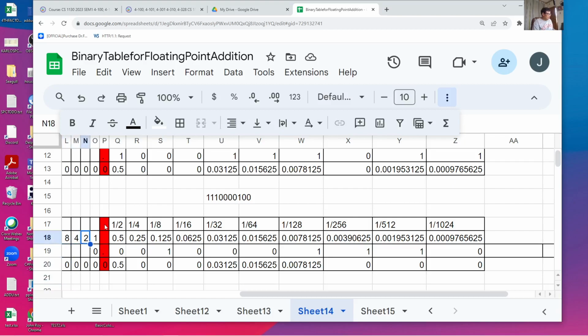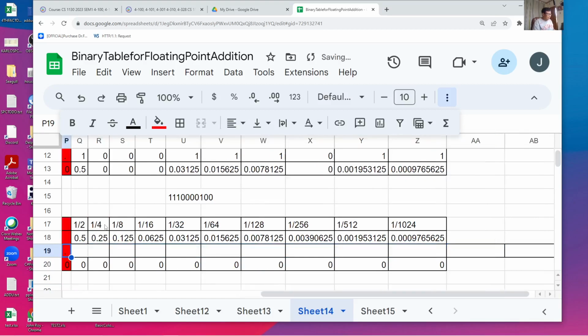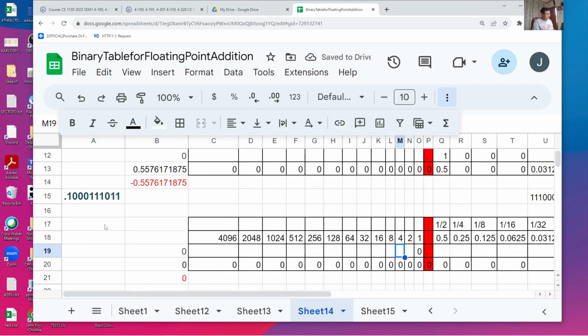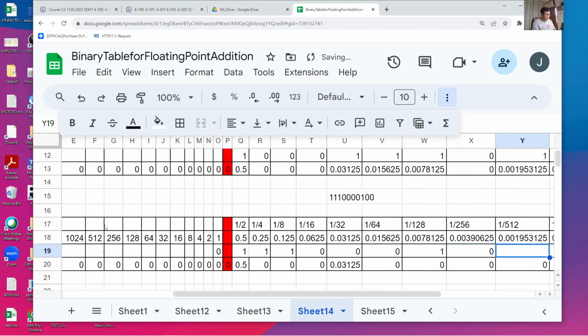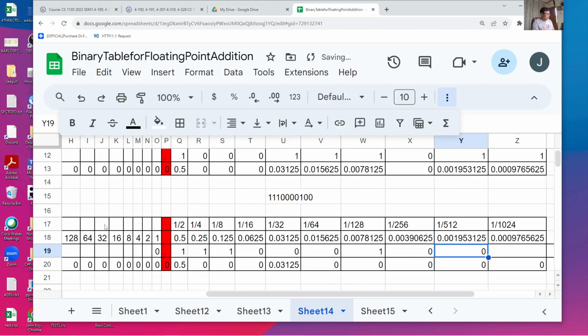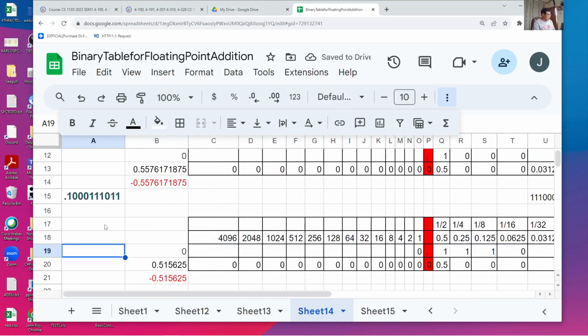No, this is not the same, so we'll just have to delete this and encode the number again. So we'll have 111 followed by four zeros, followed by one and two zeros. Is that correct? That's correct now. So this is our mantissa,